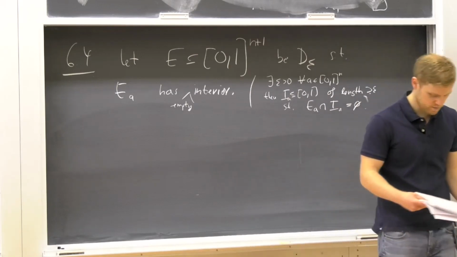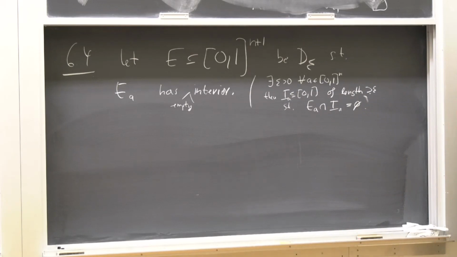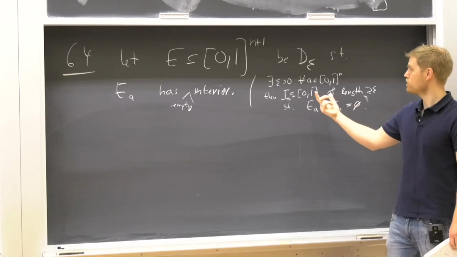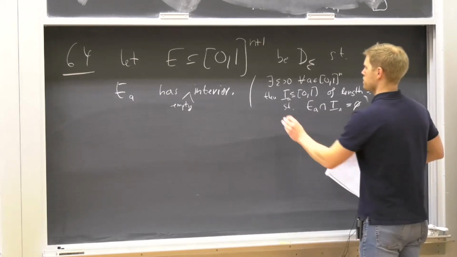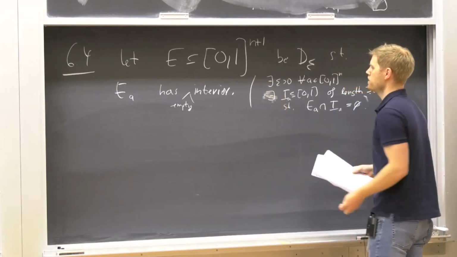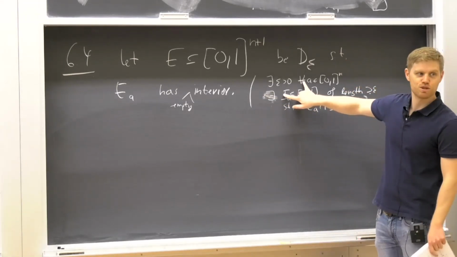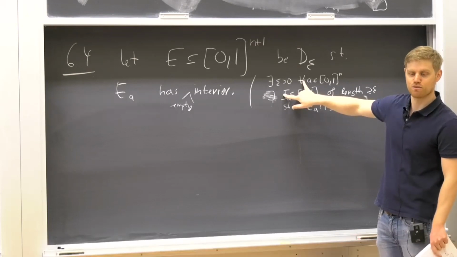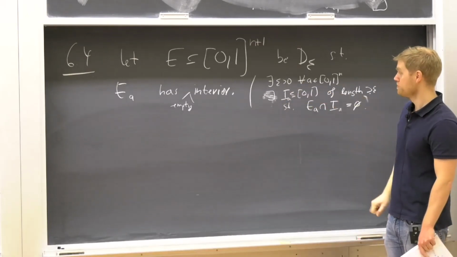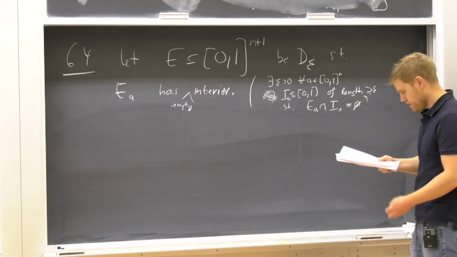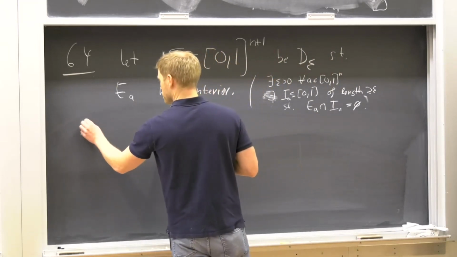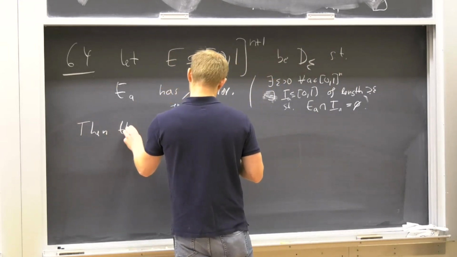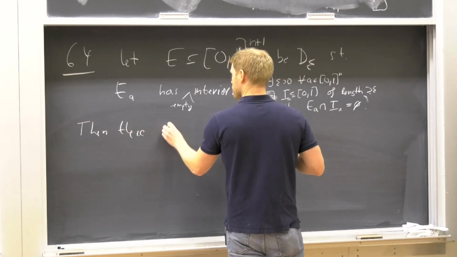So that's what I showed a little bit ago. And so now what I need is, and this is always very dangerous, I mean, this is essentially an existential quantifier, if you let me write it like this. I'm going to switch these to quantifiers, and I claim it's still right. Of course, switching these kinds of quantifiers is usually dangerous, but in this case it actually really does work. So then there are intervals